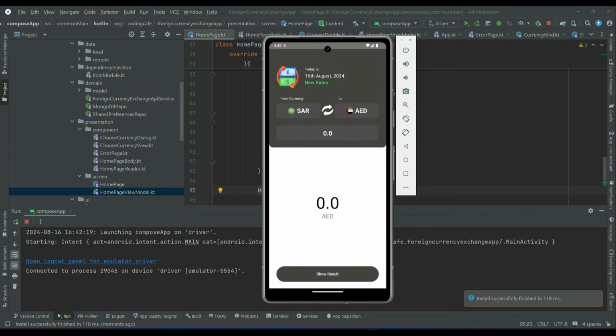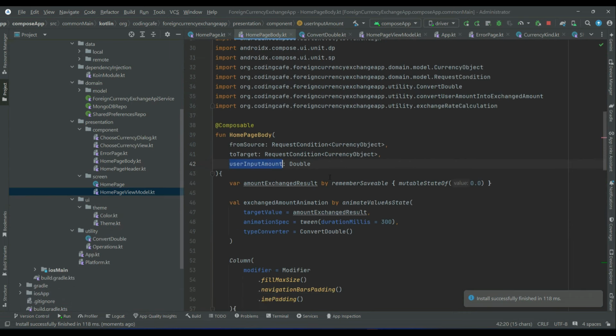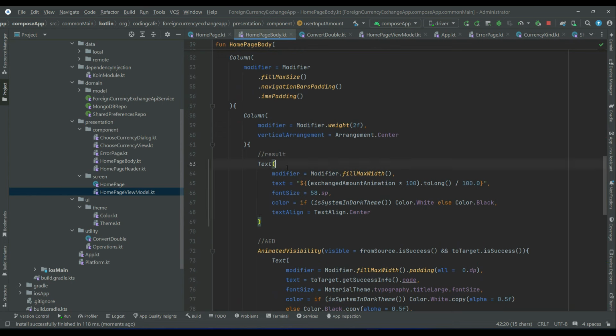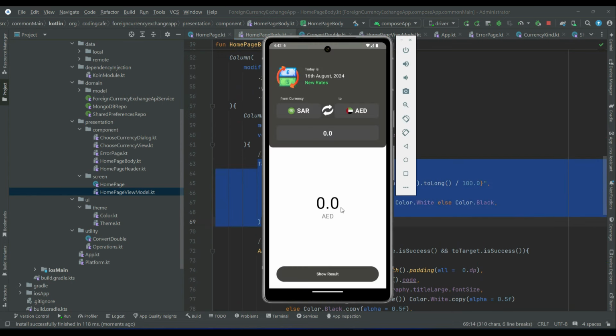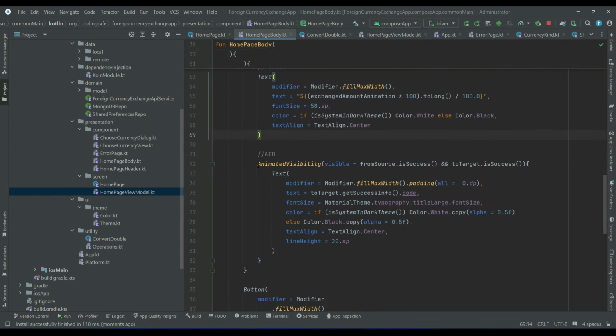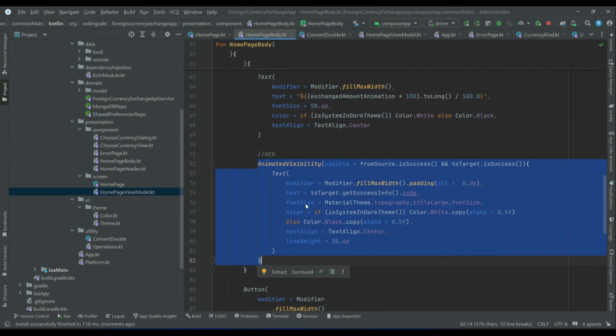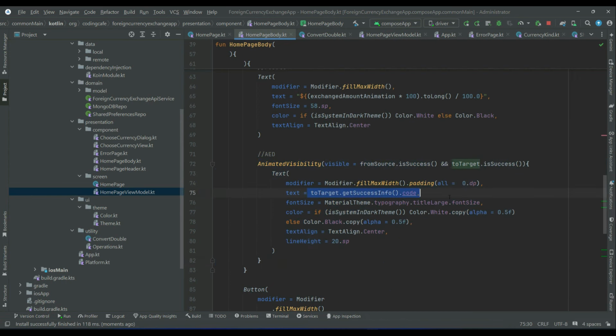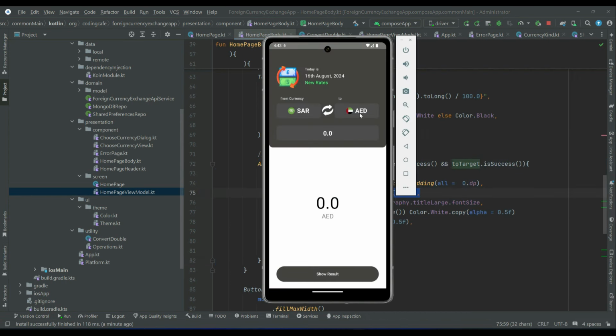So the app is running now, okay, and you can see the UI. First let me explain a little. As you know, we have a text to display the result, which by default has 0.0, and then after it we have the currency to which we are converting, or for which we want the result. We display that currency. You can see target AED. Okay, so anyways, let's